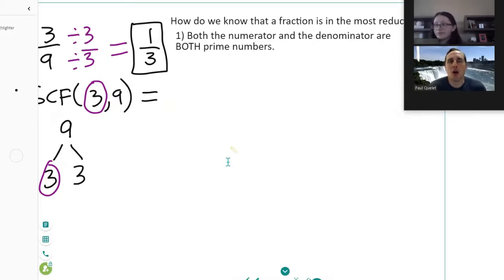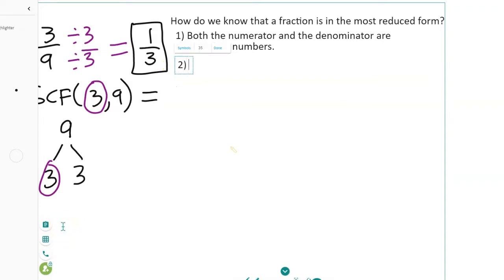You may say, oh, what if you have 3 over 7? Well, we're done, right? Because 3 isn't going to go into 7. Nothing does, okay? Because 3 is prime as well. So if they're both prime numbers, then you know you're done. The second thing is, if you are certain you have already divided out